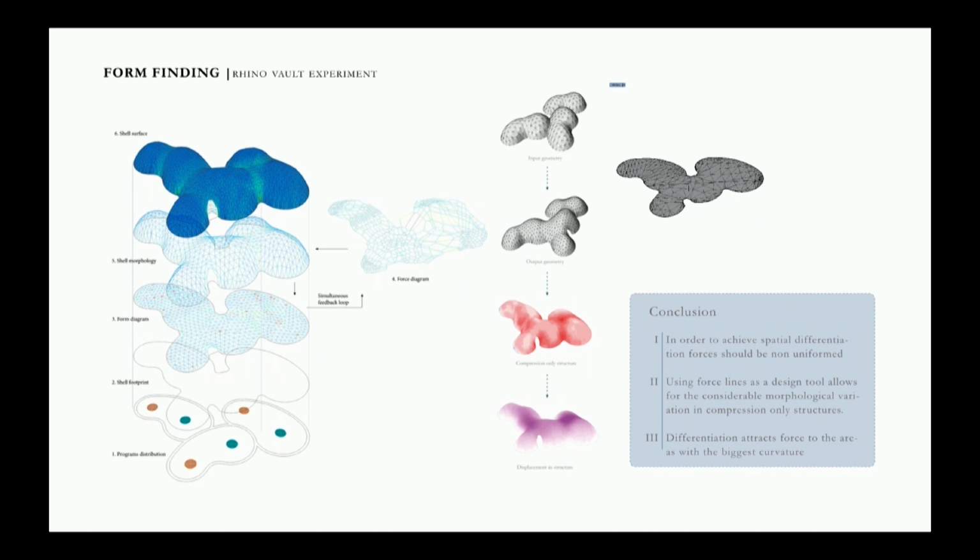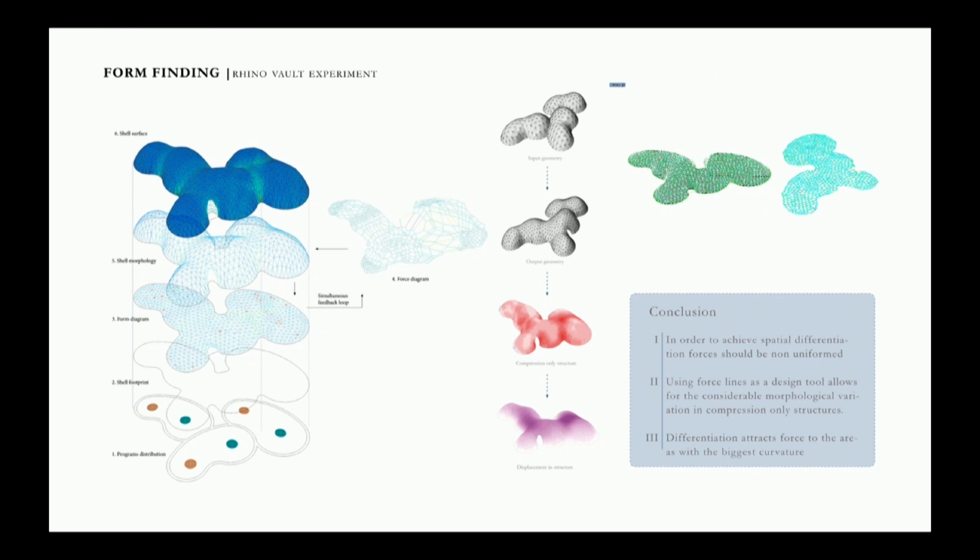After the global experiment, we abstracted one house to be explored in detail. What we understood is that the global experiment doesn't really give us a structurally stable shape, so we needed to optimize it, and we selected force-driven form finding as a way to create a structurally stable system, which is also compression only. It was important for our material and our environment. And the inputs for this experiment were the outline of the shell from programmatic distribution, the height differentiation, and the height limit due to a high wind load.